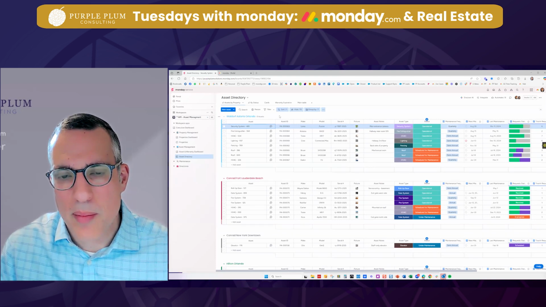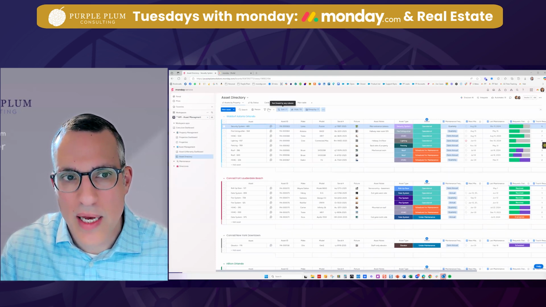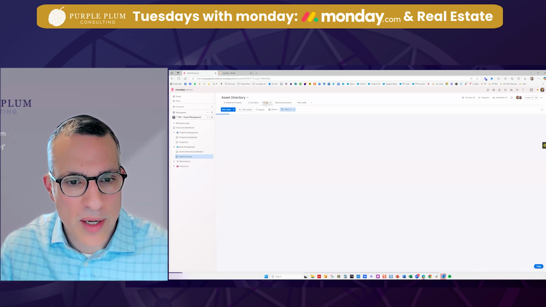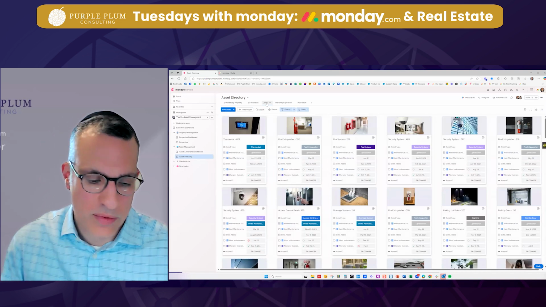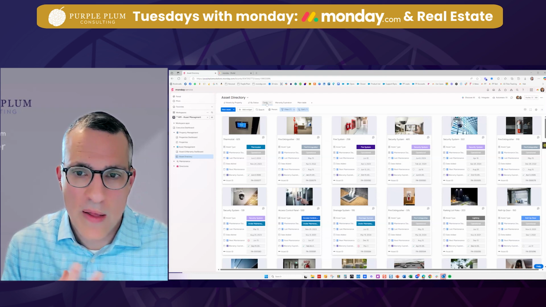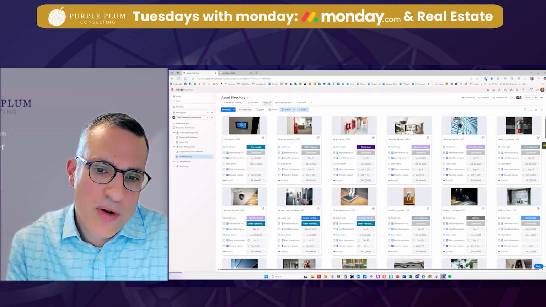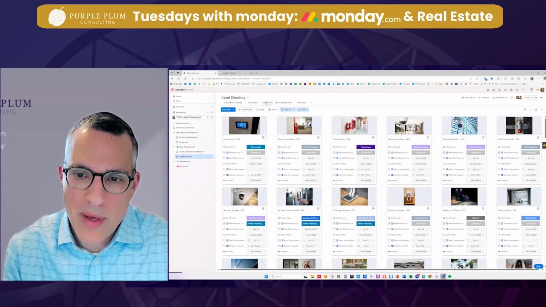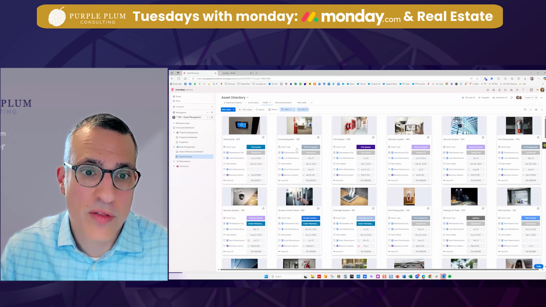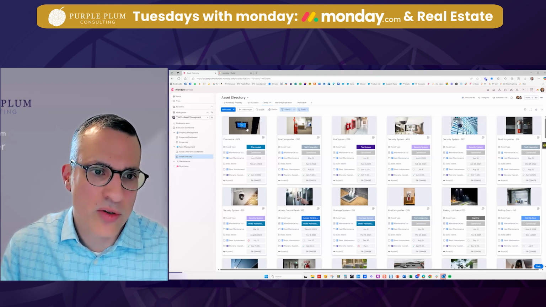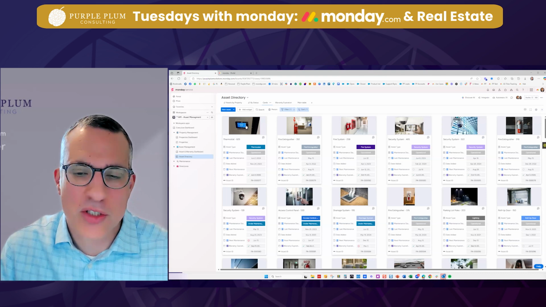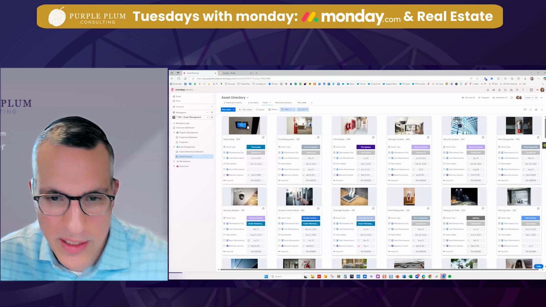What's really neat about Monday, and I think it's worth highlighting, is we've talked about the ability to group information, but there's also some really creative different views, if you like, more user-friendly views. So this is the card view. So this brings the experience to life. You can put this on an iPad, you can put it on a large display in a conference room, but this allows you to really understand, okay, this is the thermostat in this particular room. This is the actual thermostat that we're looking at. We know what it looks like. We understand how it's attached versus just being in a Google Sheet, as I said before.